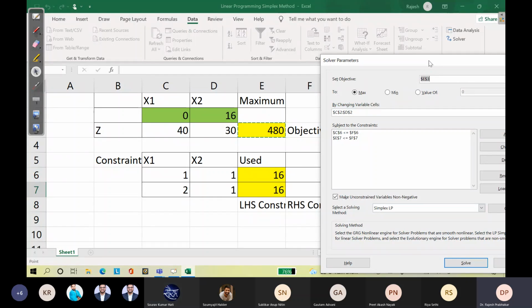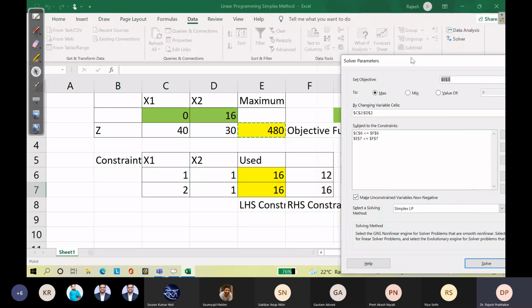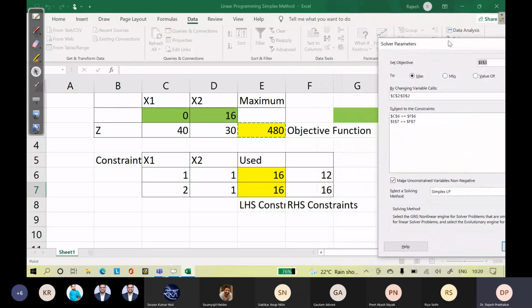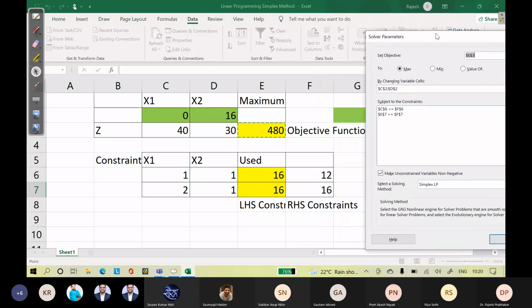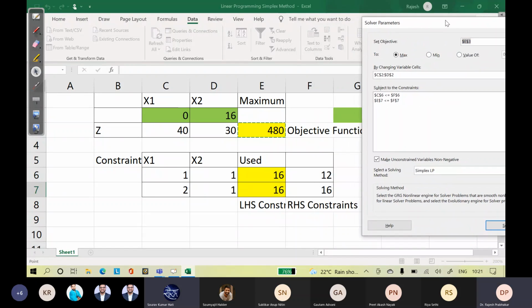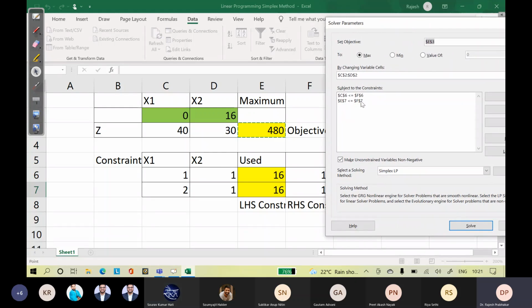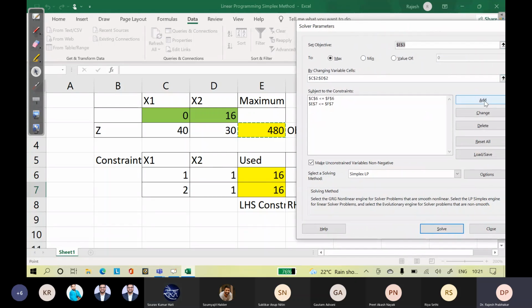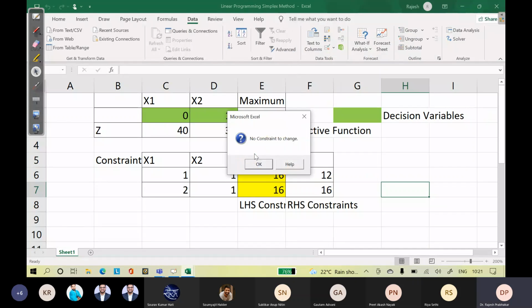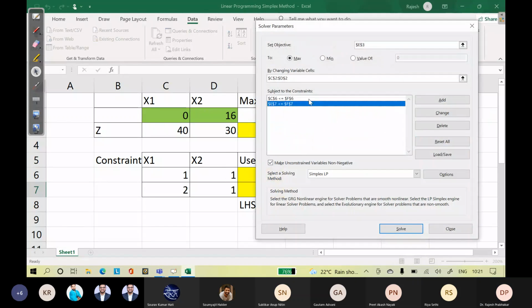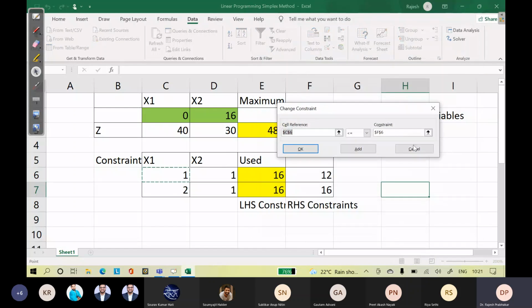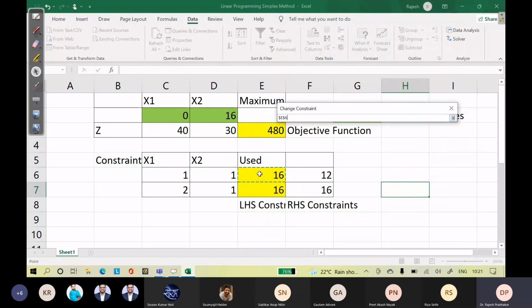Yeah, one second. So I have used a wrong constraint somewhere. F6 is... No, it has to be E6, right? I used the wrong constraint. That's the problem. This will change. It has to be this, right?